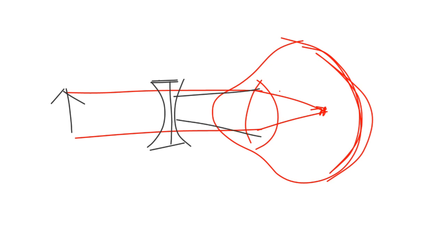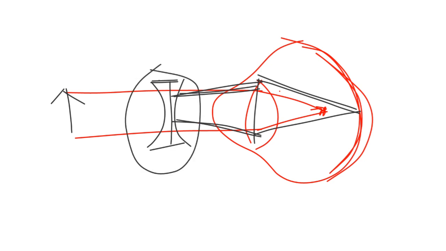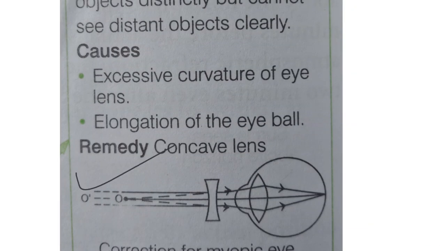ठीक है, ये थोड़ा क्लियर नहीं है, but अगर आप पेन से या पेंसिल से बनाओगे तो it will be clear. ठीक है, तो ये जाती है थोड़ी डाइवर्जिंग फॉर्म में रेज को भेजती है। अब लेंस के लिए थोड़ा डाइवर्जिंग को कन्वर्ज करना थोड़ा टाइम लगेगा, मतलब अब जो रेज कन्वर्ज होंगी वो थोड़ी दूर होंगी, क्योंकि पहले तो रेज पैरेलल आ रही थी। अब लेंस ने क्या करा, कॉन्केव लेंस से और डाइवर्जिंग फॉर्म में भेज दिया। अब डाइवर्जिंग फॉर्म में उसको कन्वर्ज करने में थोड़ा तो लगेगा ना टाइम, तो वो यहाँ कन्वर्ज हो जाती है। It is in case of myopic eyes. तो यही आपको डायग्राम यहाँ पे है। ठीक है, पहले विट्रस ह्यूमर पे बनी होती है इमेज, लेकिन कॉन्केव लेंस के बाद इमेज जो है अब रेटिना पे।